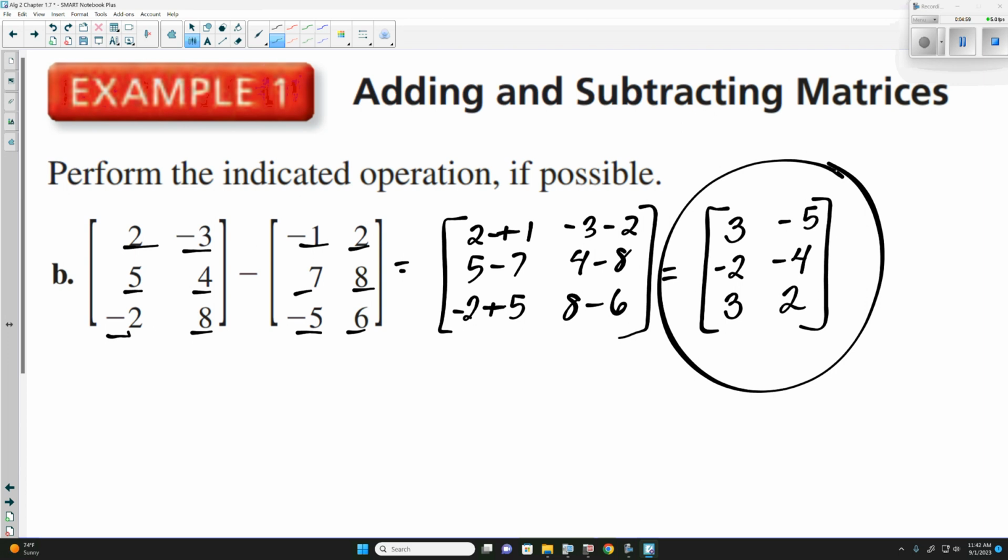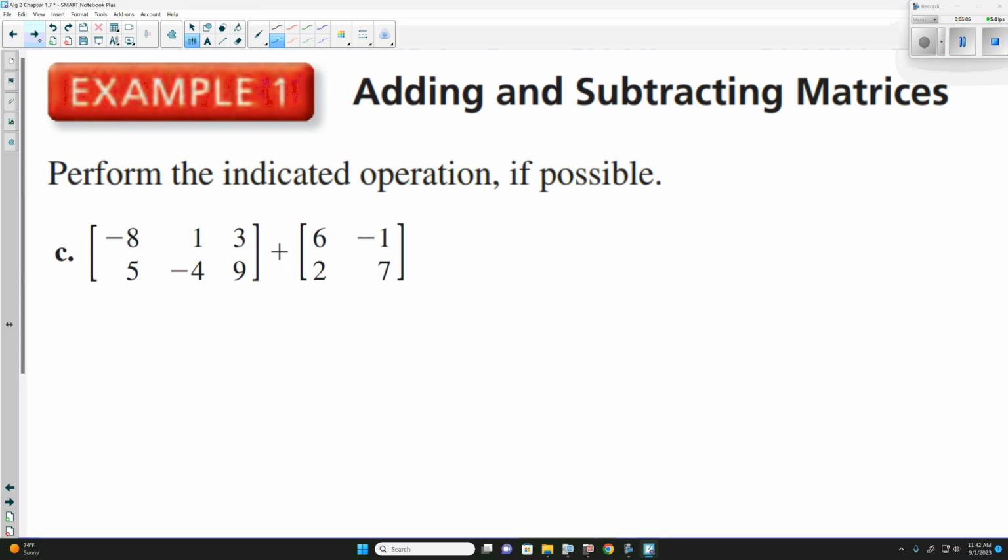Any questions on this so far? We ready for the next one? So for this one here, we can go on and just start adding them. So we'd have negative 8 plus 6. And then we'd have 1 plus negative 1. Then we'd have 3 plus,